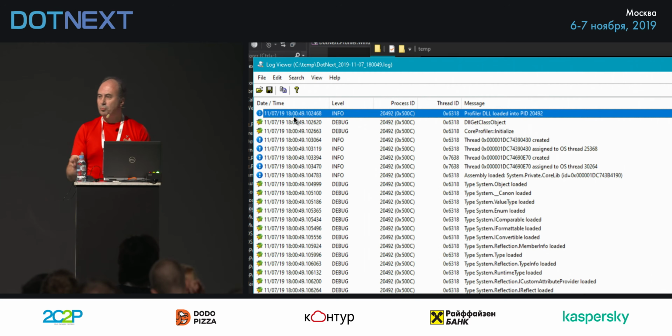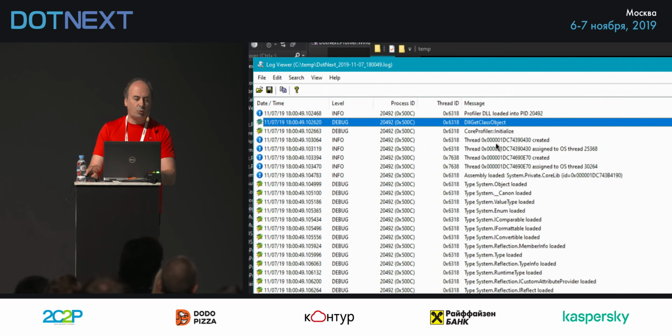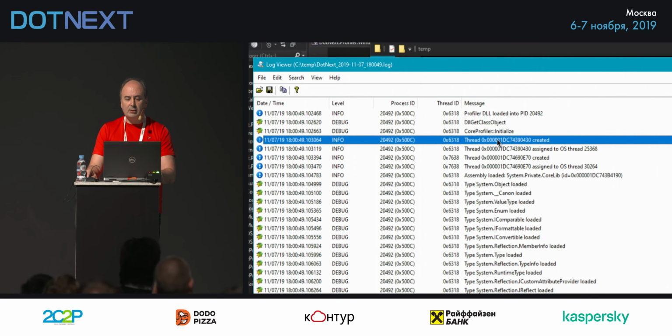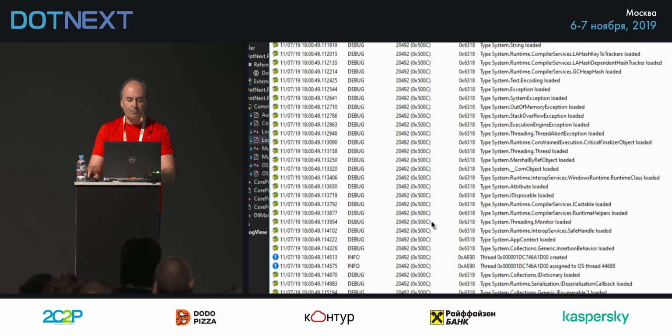So just to prove I'm not making this up, and it's not a log file I created maybe a week ago, maybe I did something to make you think that it's right now, but it really happened right now. And we can see stuff like here's the get class object was called here. Here's the initialize method, which I haven't looked at yet. And then we can see stuff like threads being created and assemblies being loaded, types being loaded,